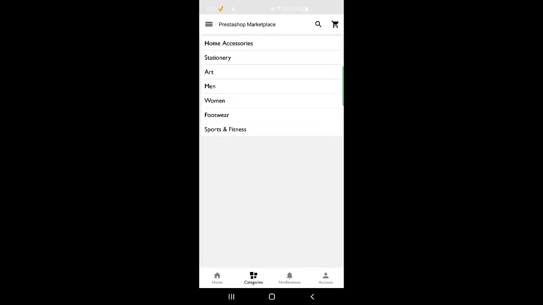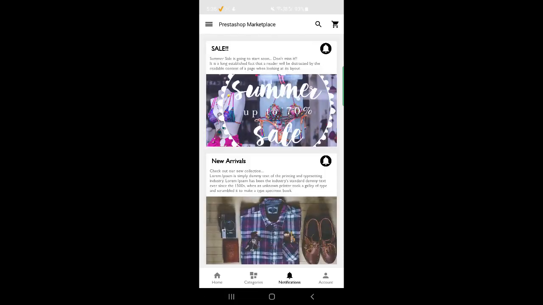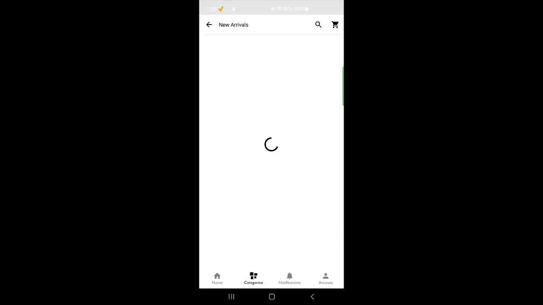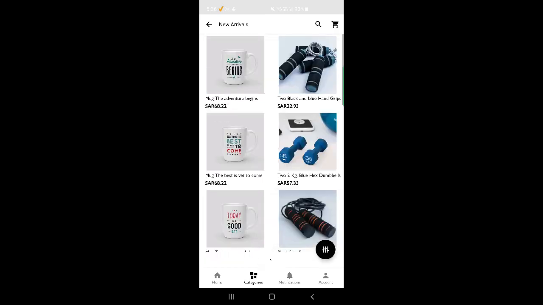Let's tap back. Then you have the notifications. So if I tap on the notifications, we can find the complete list of notifications sent by the marketplace admin or the sellers there, and these are the push notifications. And if I tap on them, I'll be redirected to that particular link that would have been set for that particular push notification. So if I go for the new arrivals, if I tap on that, I'll be shown the new arrival product. So here are the new arrival products that have just arrived within the store itself. Let me change it to the grid view for a better view.